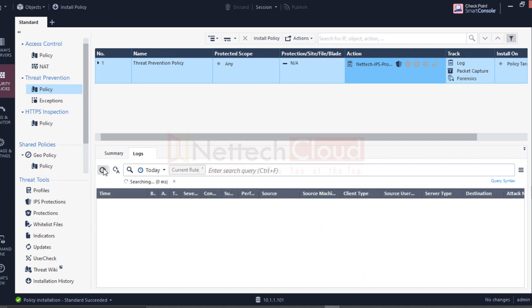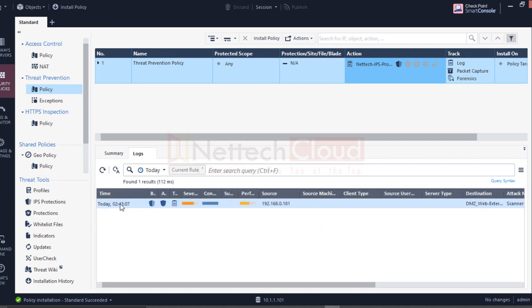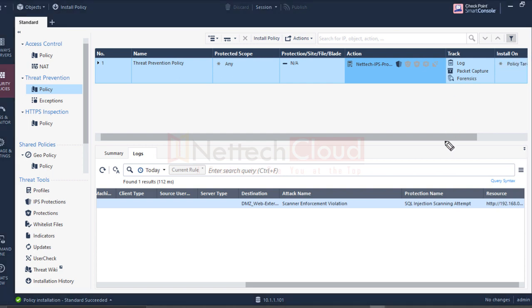So refresh. Here we go. The source IP address is the DMZ web server, and the resource is there, and the protection name is SQL injection scanning attempt. So now there is IPS, intrusion prevention system, so prevention from vulnerability exploitation. So vulnerability protection is possible.